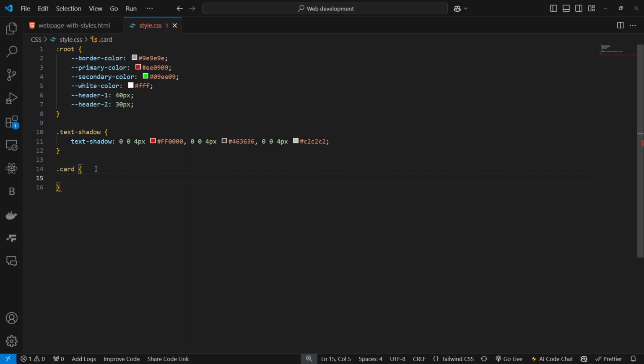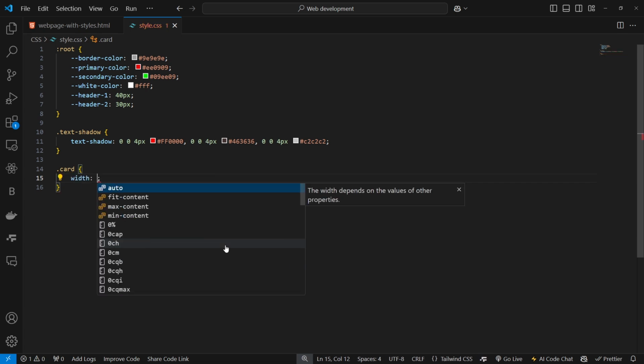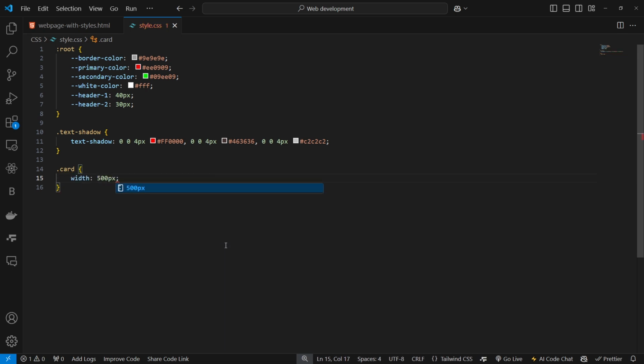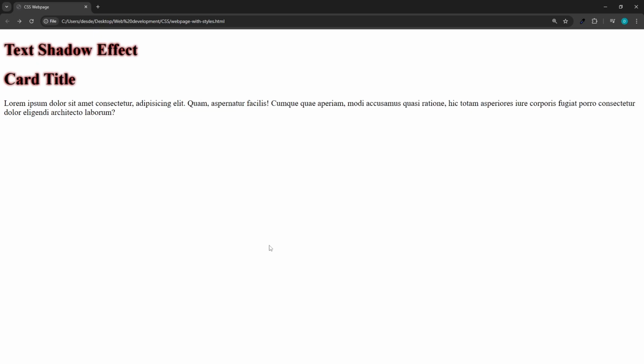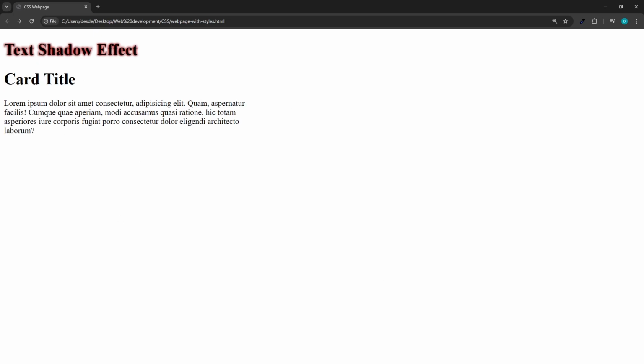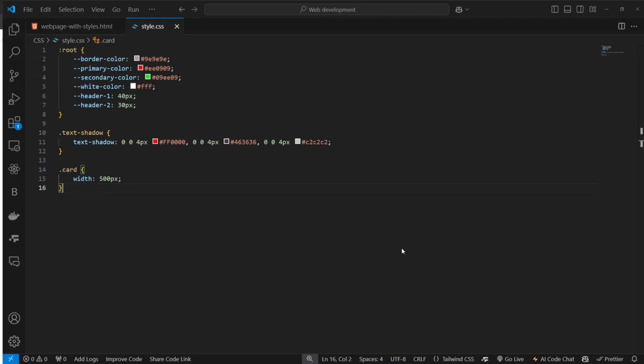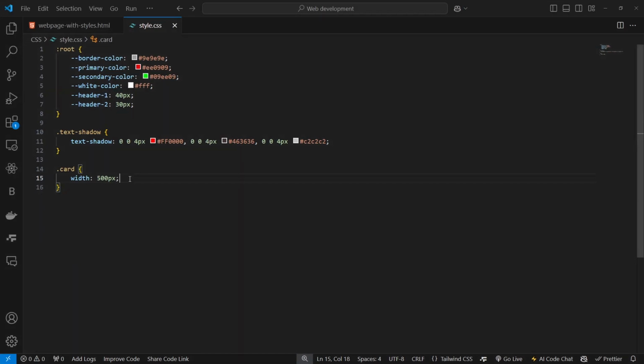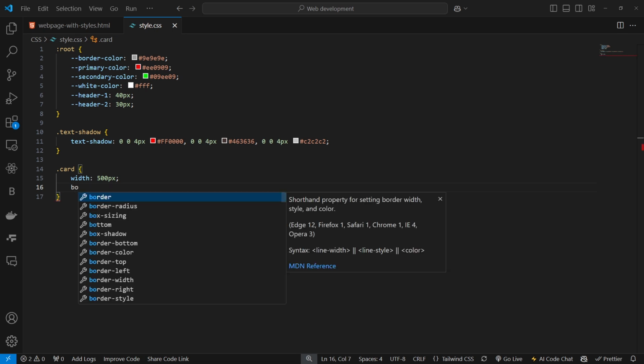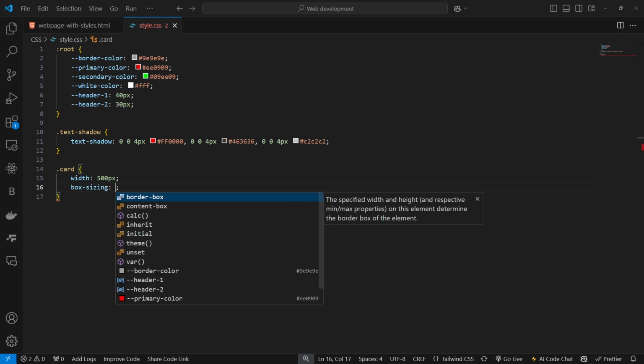Now let's start styling our card. The first thing I want to do is to reduce the width, so I will set it to something like 500 pixels so it doesn't stretch all the way, and then we can now add our box shadow. So now, just like the text shadow, we have the box shadow,